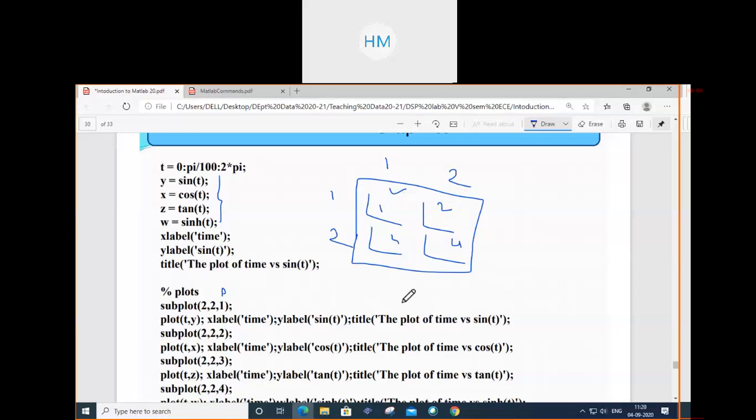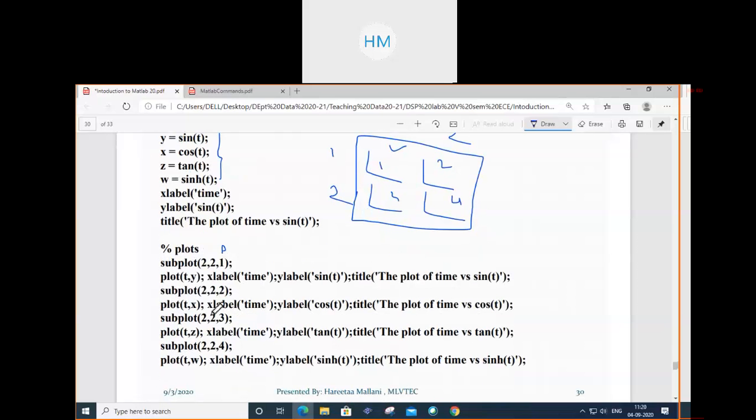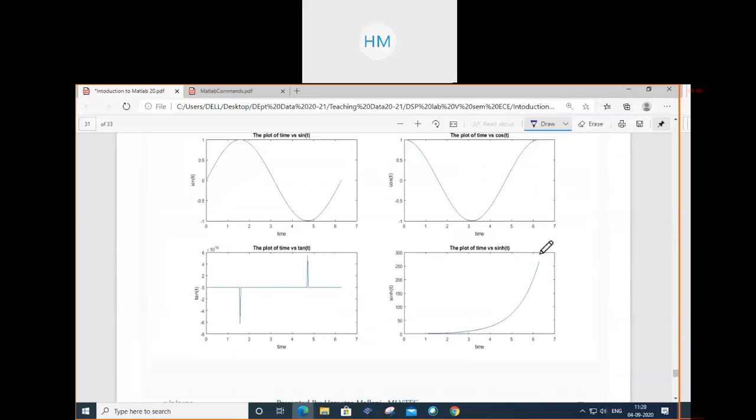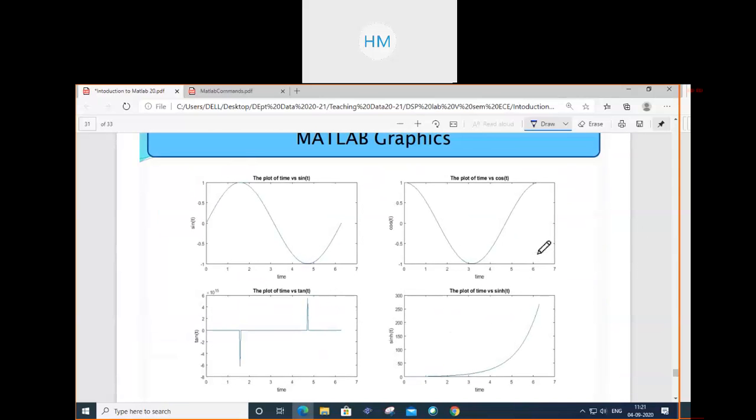So now how will I get my graph? This will plot a simple graph with time on the x-axis and sine of t on the y-axis, a single graph. I want to plot in a particular area in a grid. I want to plot all my graphs so that I can analyze and compare them very easily. So all these graphs are plotted on a single page. Many times you see in books also, 7 to 8 graphs on a single page. So how can you plot this? In MATLAB there is a very beautiful feature. You can get all these graphs on the same page. So this is what we are getting.